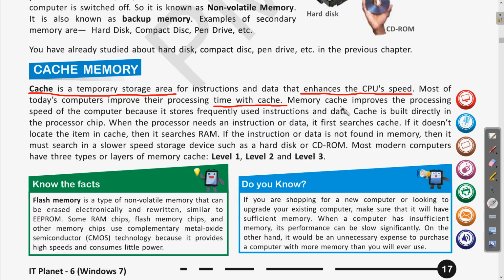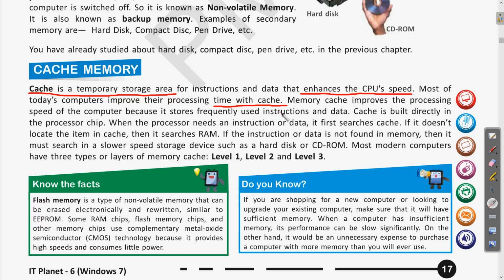Memory cache improves the processing speed of the computer because it stores frequently used instructions and the data. Clear? So if you are working on any file, the important things which are required again and again, the frequently used data, are present in the cache memory.